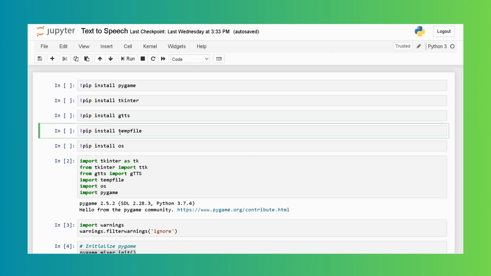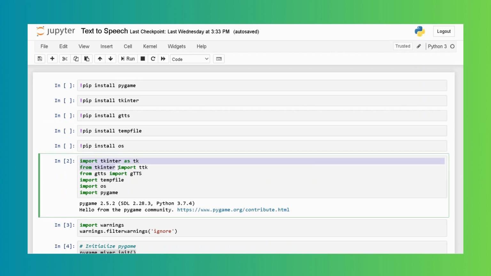So next I am importing this tempfile. Tempfile is nothing but a temporary file directory. I mean, whatever audio file we create will be stored in this temporary file directory. And OS, as you know, is the operating system. So I'll be importing all these